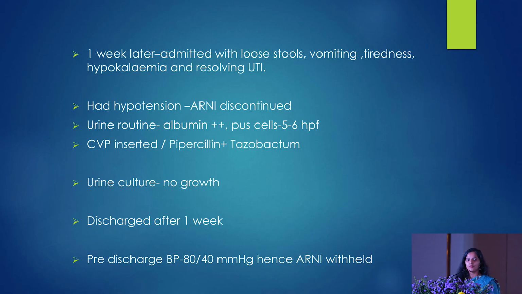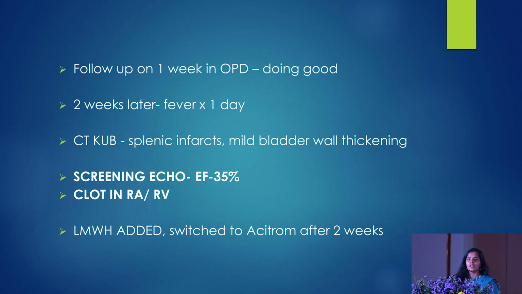The pre-discharge BP was 80/40 mmHg, hence the RNA was withheld. She came for follow-up after 1 week to the OPD and she was doing good. Two weeks later, she had a fever for a day. So the CT scan showed splenic infarct, mild bladder wall thickening, and the EF had improved up to 35%, but